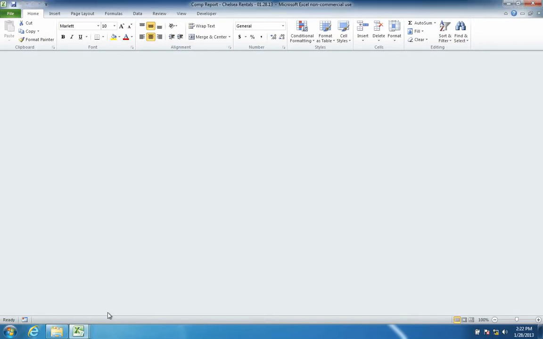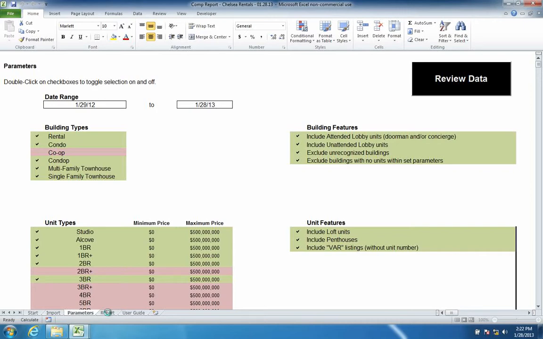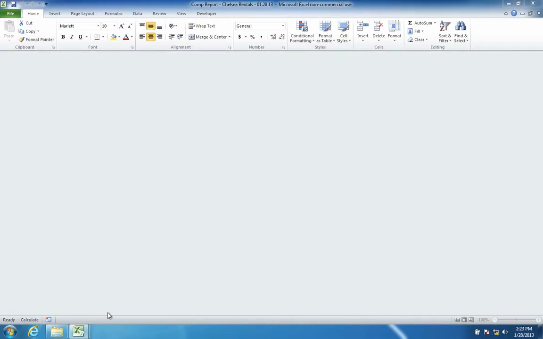But as it goes through this process, it's comparing each individual listing with these parameters right here, as well as against the mixed tables that we talked about earlier, where they have specific square footage, bedroom size, etc. for each individual unit. So what you'll find is, we saw one of the buildings, I think, was Chelsea Tower. If we have a mixed table for Chelsea Tower, which I believe we do, it's going to